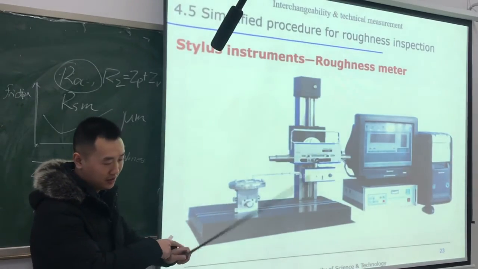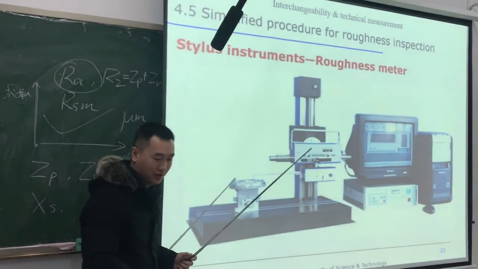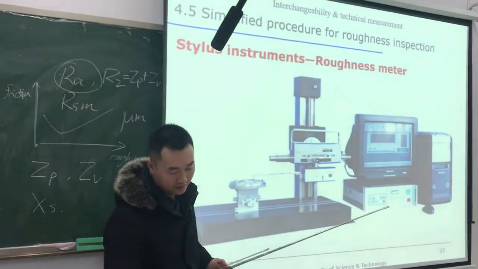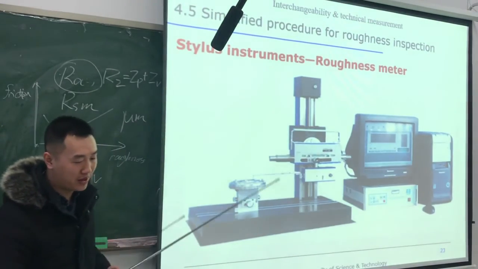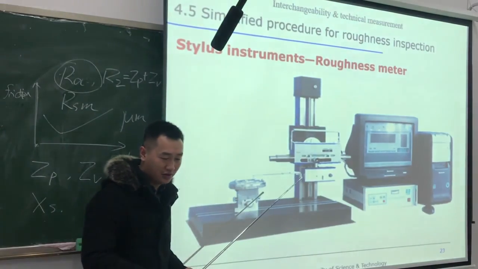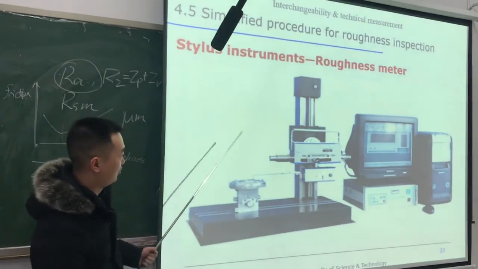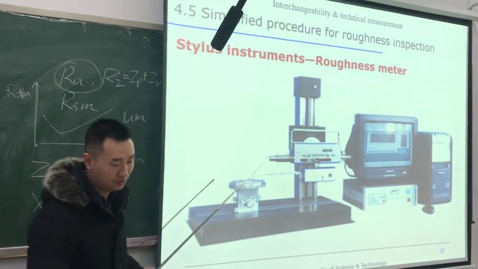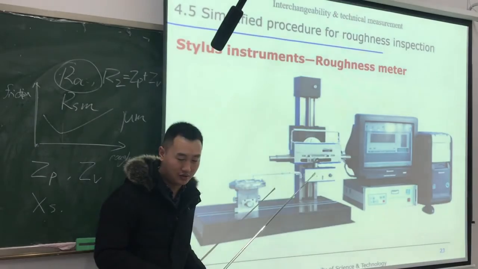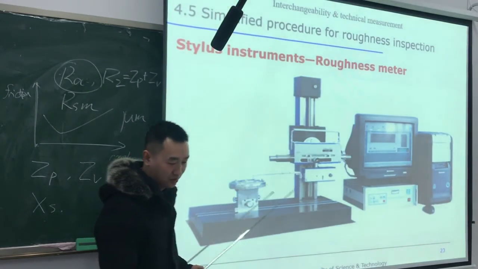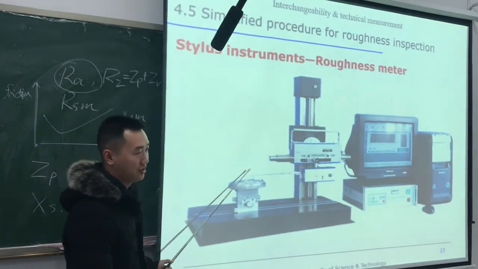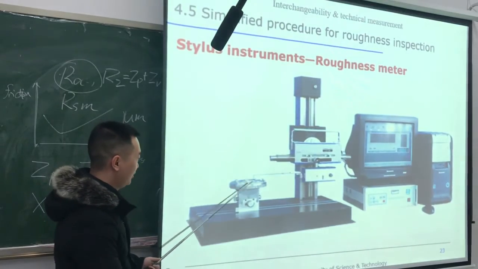And next, I will show you some ways to measure the roughness. First is the stylus. You can get the roughness using a stylus instrument. A stylus instrument has a stylus, which is just like a probe. It can probe